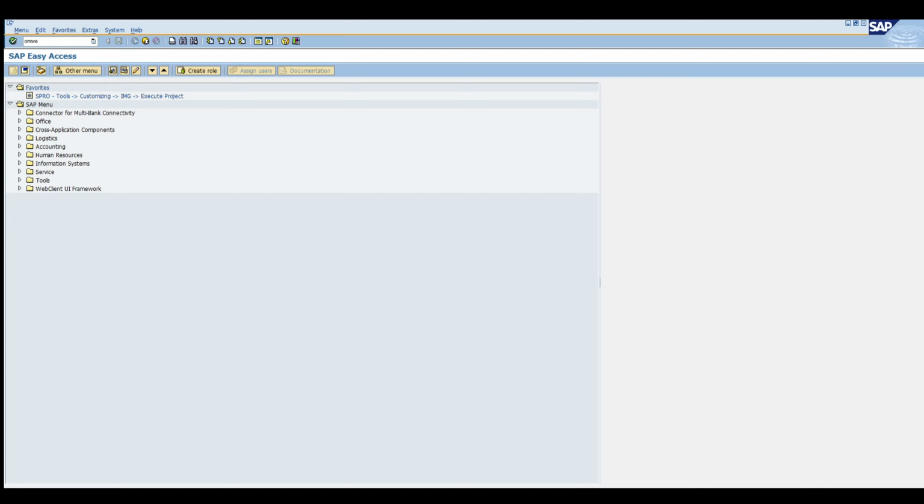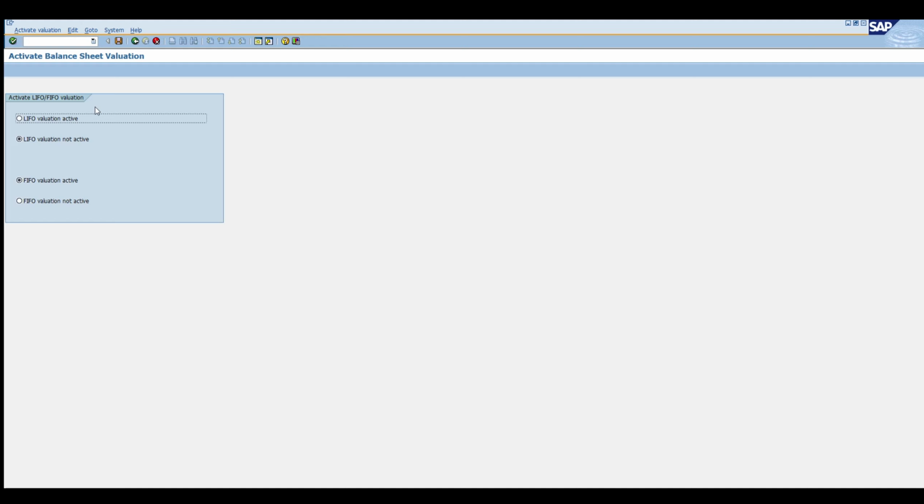OMWE. So you need to tell the system which method should be activated. As per my requirement, I need the FIFO valuation method. So I will take the FIFO valuation active, and I've inactivated the LIFO method. Then you can save it. Then the second step is defining the valuation level. The code is